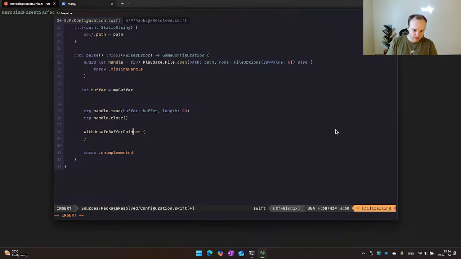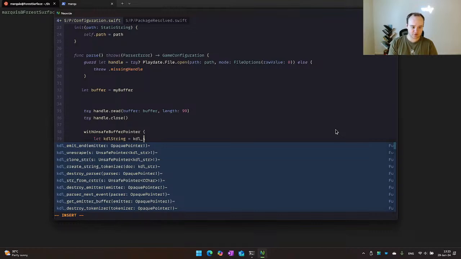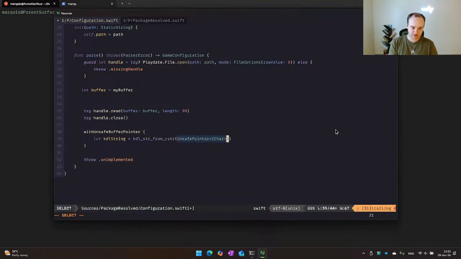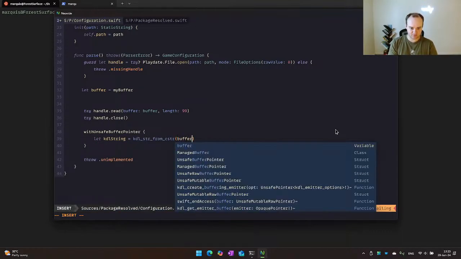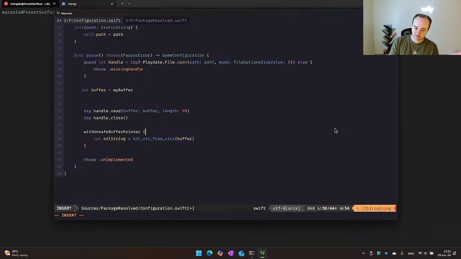Then in here, I would just need to say let cuddle string equal cuddle string from C string, and then pass in that buffer or something. Something like this. And then we can just continue the parsing after this point. We just need to get our buffer first, read the file into the buffer, and then use the buffer to create the string. So that's where we need to do things.